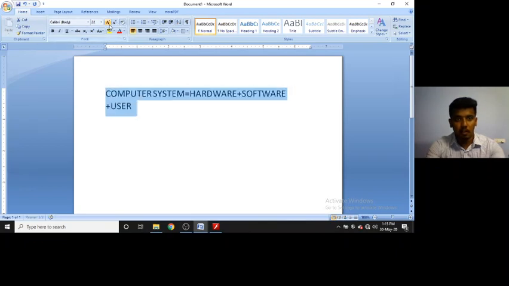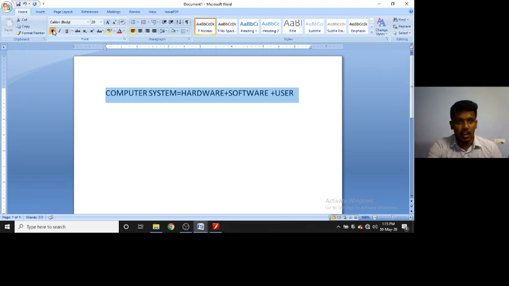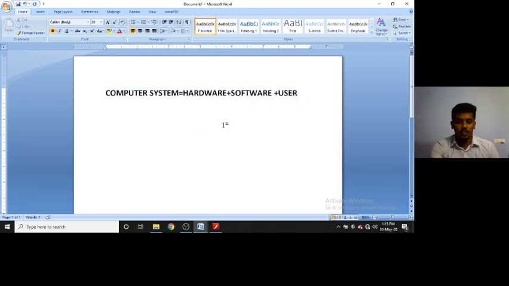If I write the entire computer machine in the form of an equation, I can write computer system is equal to hardware plus software plus user.